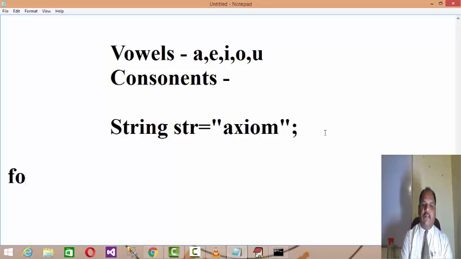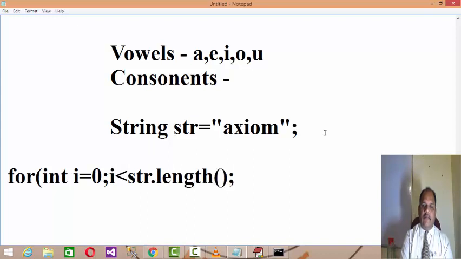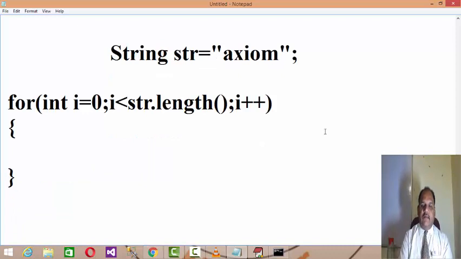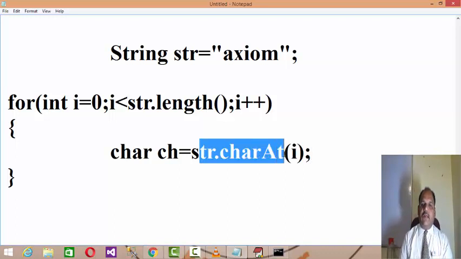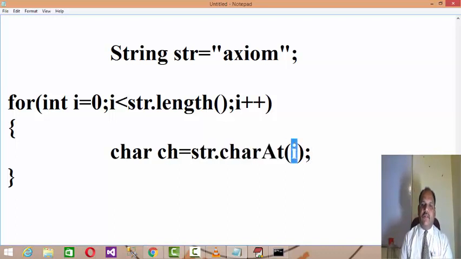So I can set a loop for int i = 0; i < str.length(); i++, which will start from the 0th character to the last character. Then first of all you extract the character, ch = str.charAt(i). This step will extract the character available at the specific i position and assign it to ch.